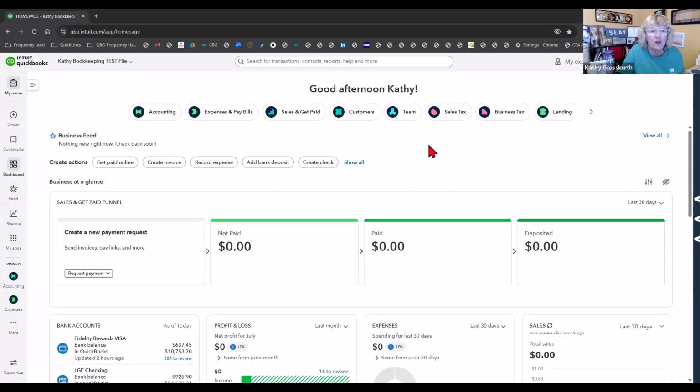This is going to be a high-level overview of what is being called the new QuickBooks experience on the Intuit platform. That's officially what I hear they're calling this new overlay on the QuickBooks Online platform. It's going to be a total change in how the platform looks and feels. But as you'll see, a lot of what we're already doing is not going to change a whole lot. It's just figuring out where to go to do certain things that is going to change,